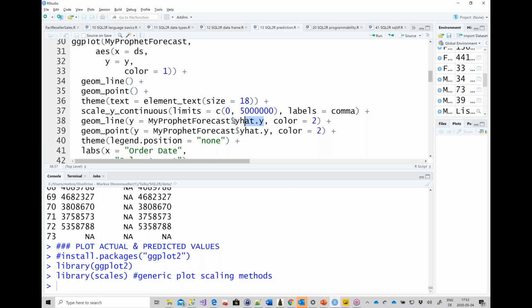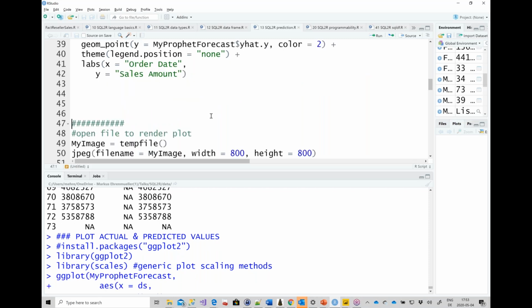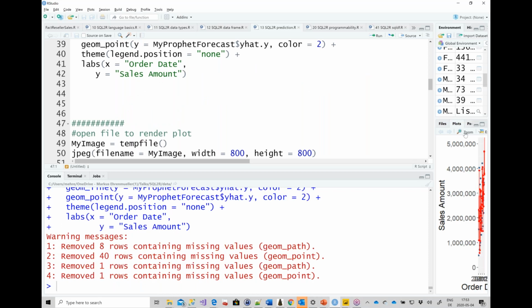Y hat y is the predicted value from the Prophet package in a different color. No legend, and the labels on the x-axis should be named order date and sales amount date. If we do this, we get this tiny line chart here. It's hard to read. I could make it bigger by moving this around, but the best way is to zoom,